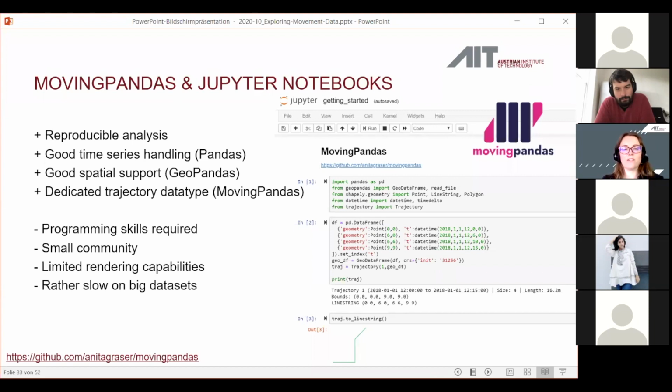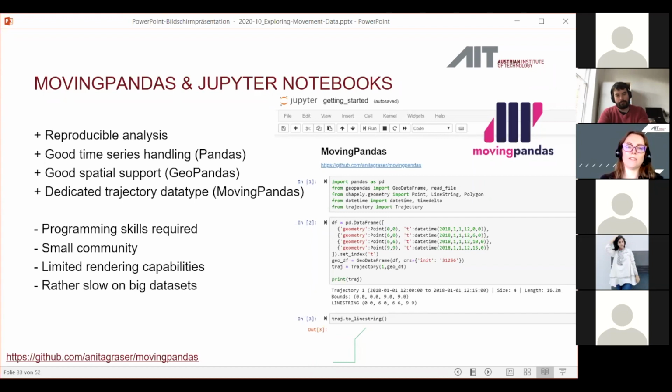And while working on this plugin, thinking about all the things that I would need to do to get it working, I realized, hold on, probably you should start from the core functionality and you should pull it into its own library, which could exist and live outside the context of QGIS and could be used by others who don't want to bother with desktop GIS eventually. So I started a separate library, called it Moving Pandas, and the reason why it's building on Pandas is because